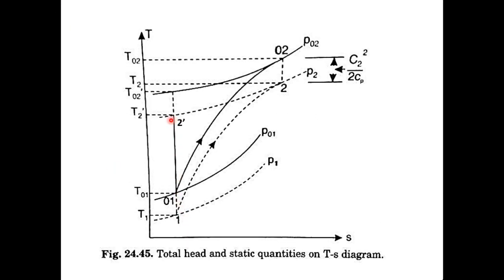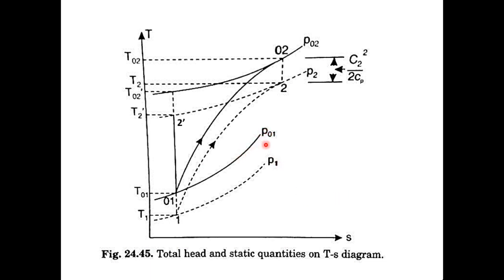Now, the details we discussed in the previous slide, we can see over here. This is a temperature-entropy diagram. You can see the process 1 to 2 dash, that is an ideal isentropic process. In an isentropic process, S1 and S2 dash should be the same. It's a vertical line, so that is an ideal isentropic process. But the actual process is something else. The actual process is 1 to 2. You can see here, it's not a vertical line. So ideal goes like this and the actual process goes like this.